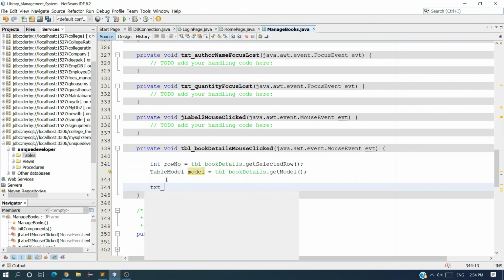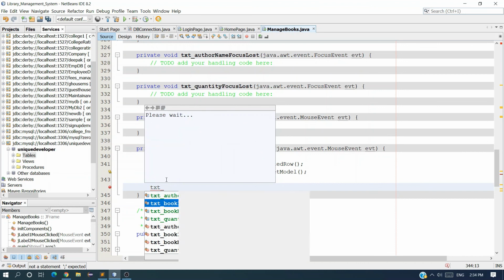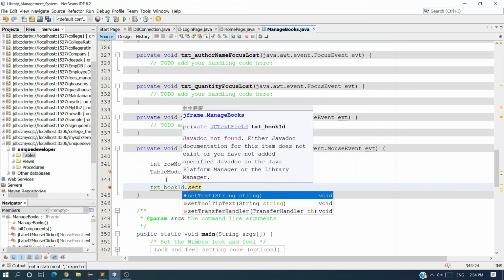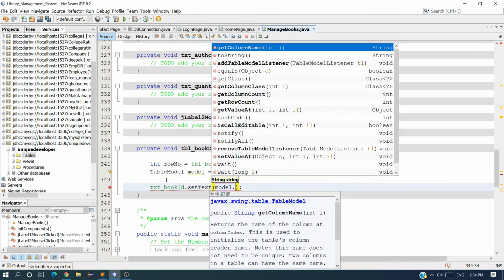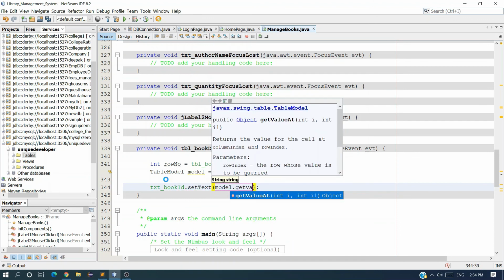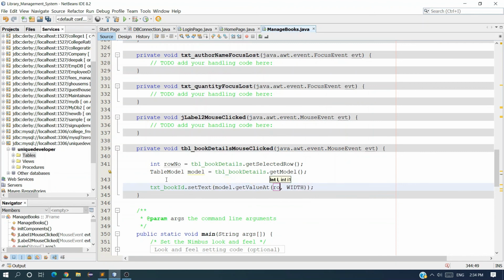So first field is txt book id dot set text, and from the model we have to get the value, model dot get value at row number, and the column should be 0, first column. And okay, we are getting error. Why? Because this is a type object and we want string. So dot to string, call this method.